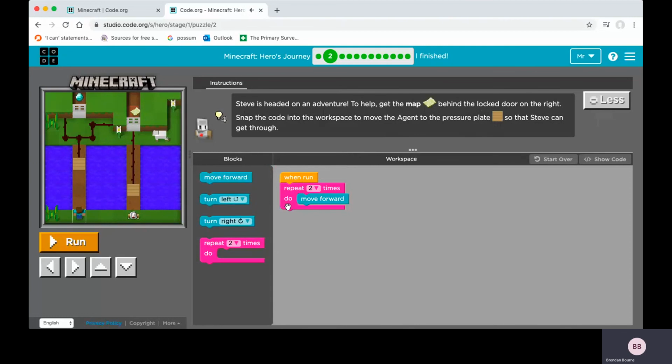So the pink box, repeat 2 times. Whatever instruction we put inside the pink box will be repeated 2 times. So right now, we've got the move forward instruction placed into the repeat 2 times box. So the agent will go forward twice. 1, 2. So we'll step on the pressure plate and Steve will be able to move forward and get the map. So if we run that,